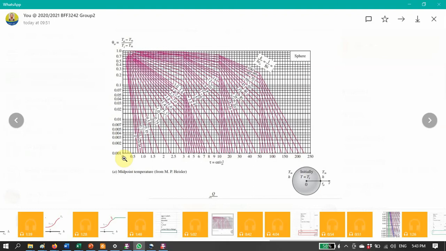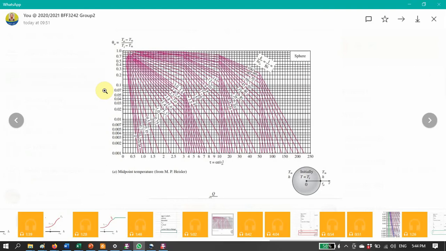I think the graphical method is much faster. So you have all the information there. If you have that information, then you can directly use the chart. Use this approach first. If you find you cannot solve, immediately switch to the tabulated approach. So from this figure, there are three models of the heat transfer system for one term approximation.